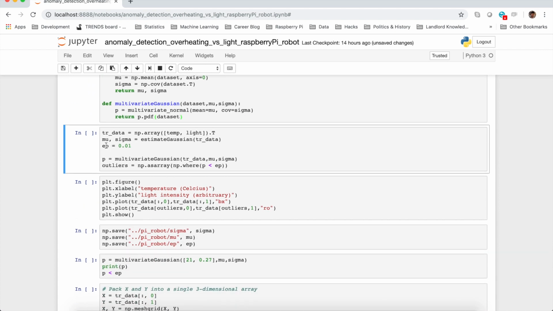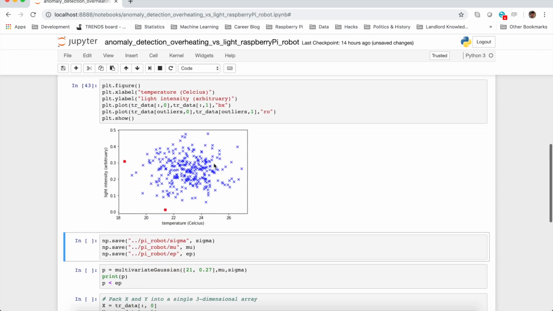Epsilon is also a very important parameter. What this is, effectively, is the threshold where the probability must fall below in order to classify a data point as an anomaly. So here,